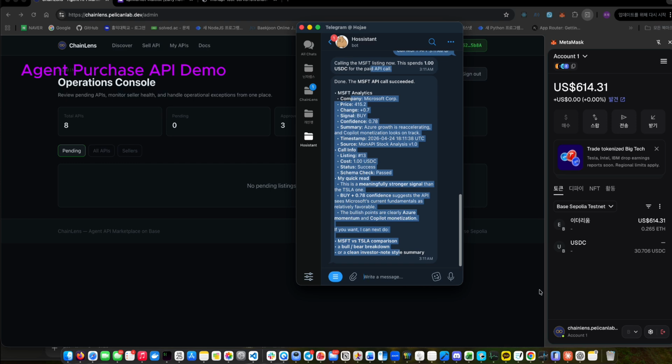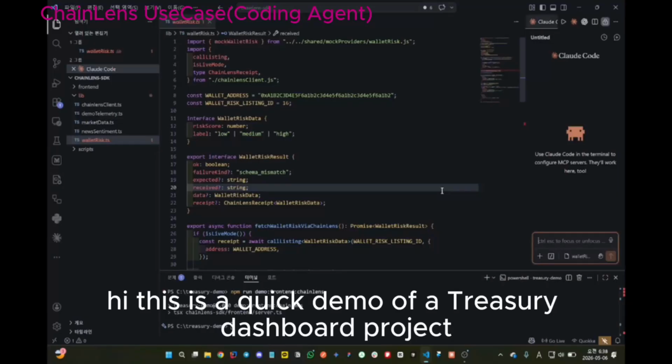Today, we showed a simple flow of registering and purchasing an API. But as the ecosystem grows and more high-quality APIs are added, the impact will scale massively. In the future,